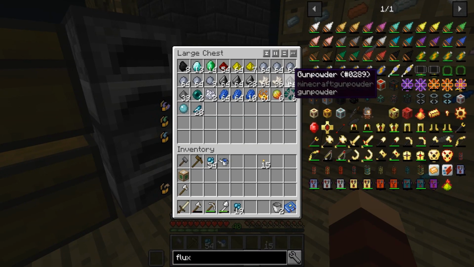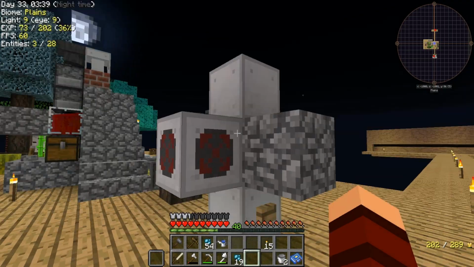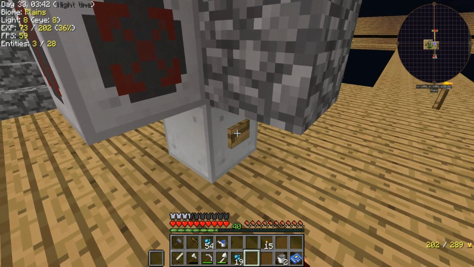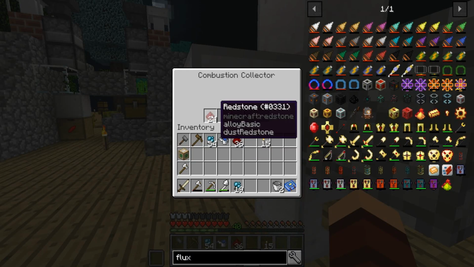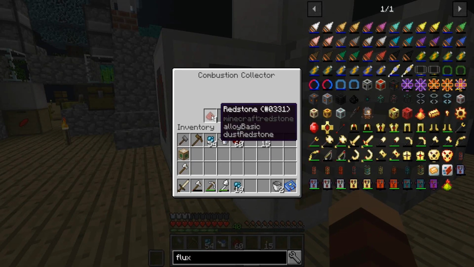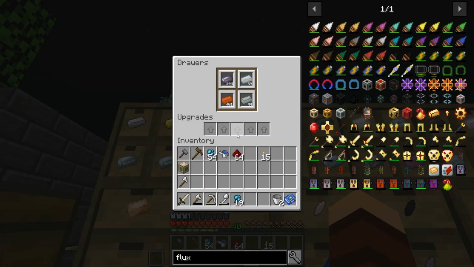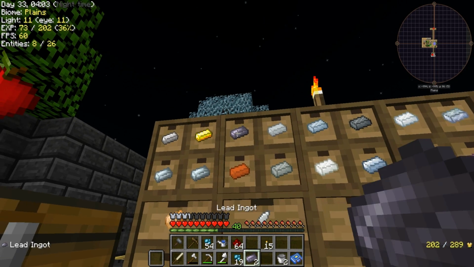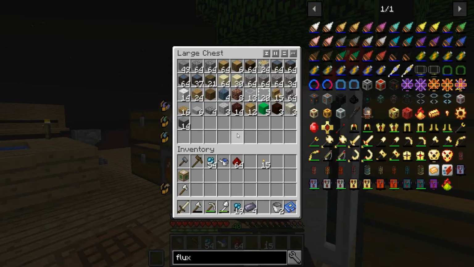Alright, so let's see. Let's take gunpowder and blaze powder. Okay. Let's toss it in this guy over here. Let's see what his power's looking like. Oh, he's good. Click the button. There we go. Click the button. There we go. And click the button. Got ourselves a stack of redstone. Sweet. Okay. Then we need a little bit of lead, which I believe is right here. Yep. 1, 2, 3, 4. We'll do that many to start out with. And we'll grab a couple